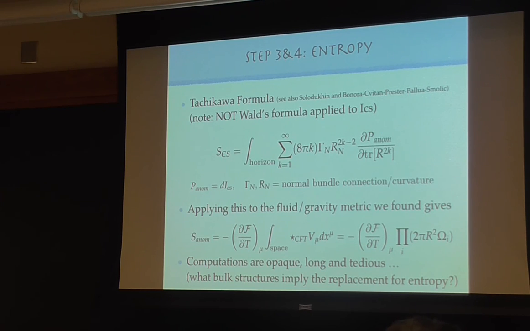So gamma n: if you have a codimension 2 surface, you can think about normal connections and tangential connections. And there's always, because of this 2n, freedom to rotate them. There's an SO(2) normal bundle, and this is the gamma n and Rn. You can take gamma n and take a d of that, which gives me Rn. So this is normal connection and normal curvature. Again, in the case of 3D, it'll be given by a pi gamma n.